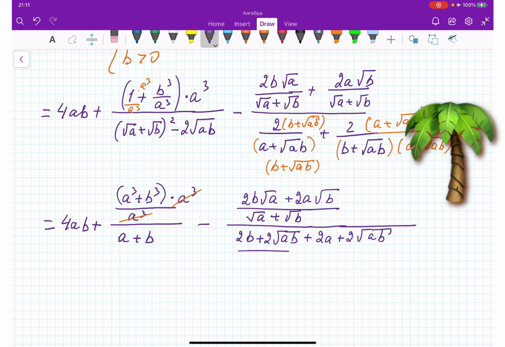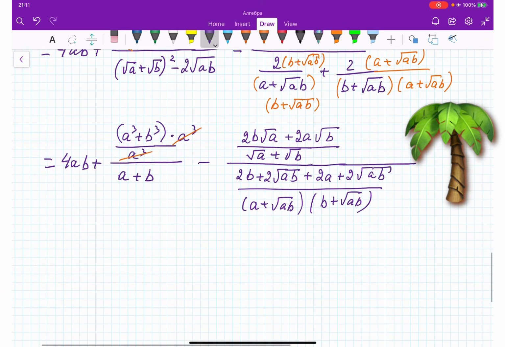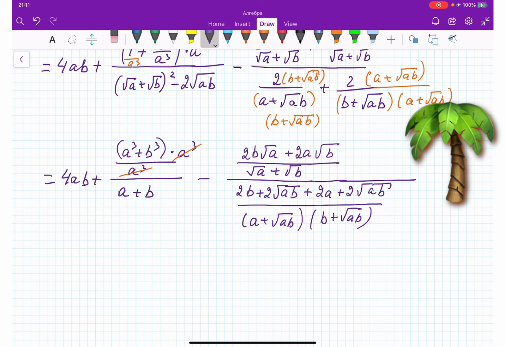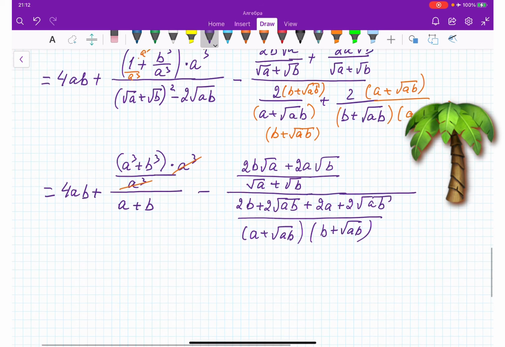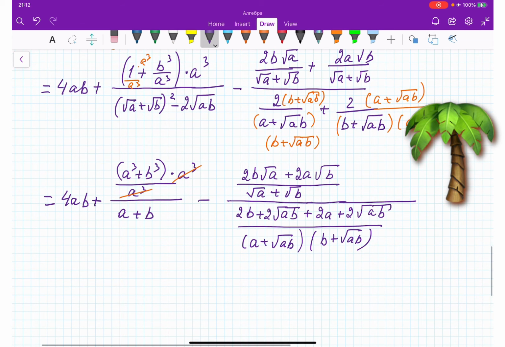And this is divided by a plus square root ab, b plus square root ab. Okay, well, we need to do cleaning there. Okay, we will do it. So it's equal